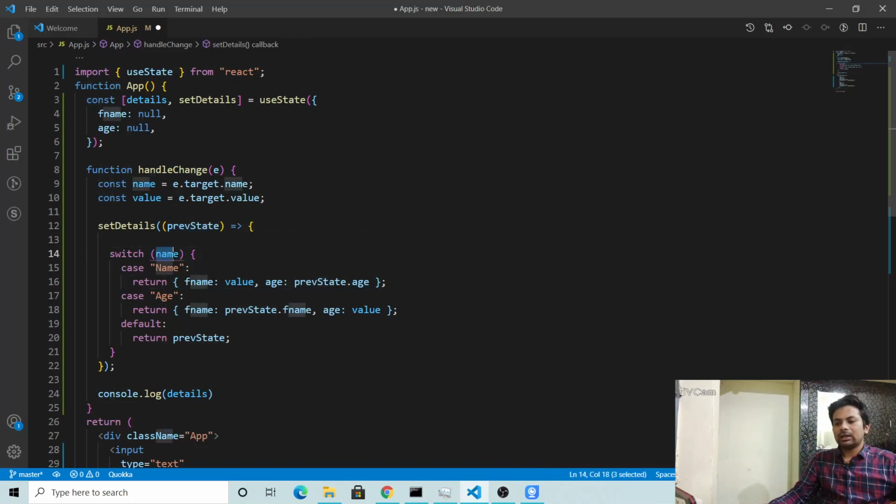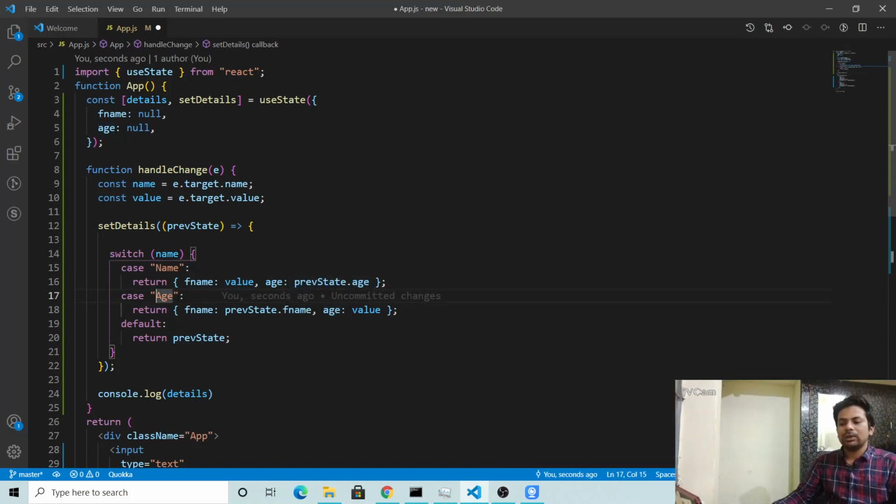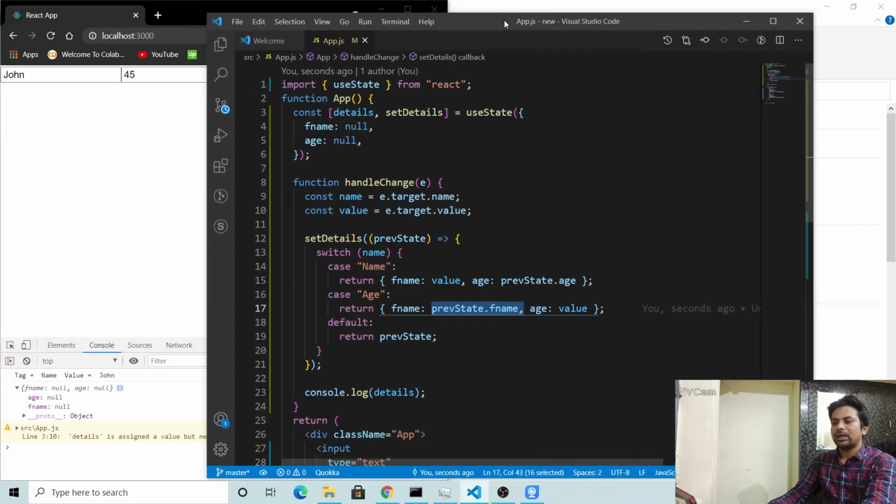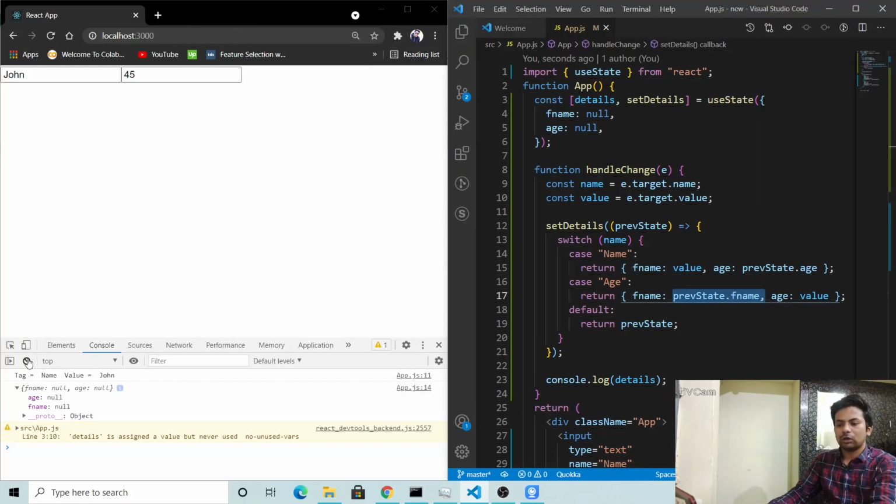It will take switch on the name, so it will check if the tag is name. If there is a change in the name, then it changes the first name to whatever value it has been given, and age will be previous state dot age, whatever the previous age was, and age should be value when the age is changed, and previous state dot fName. It will be much simpler in the next step, but I am explaining it here so you understand better. I'll make it much smaller also.